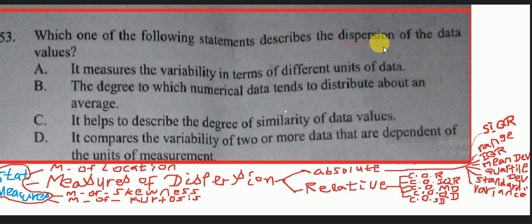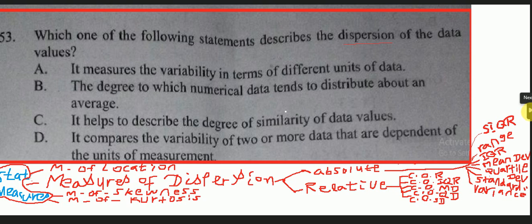This question asks the definition of dispersion. What's dispersion? A: it measures the variability in terms of different units of data. B: the degree to which numerical data tends to distribute about an average. C: it helps to describe the degree of similarity of data values. D: it compares the variability of 2 or more data that are independent of the units of measurement. Okay, the distractors are not attractive, but if we look at the student textbook